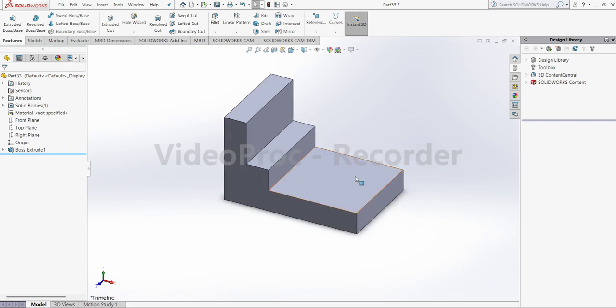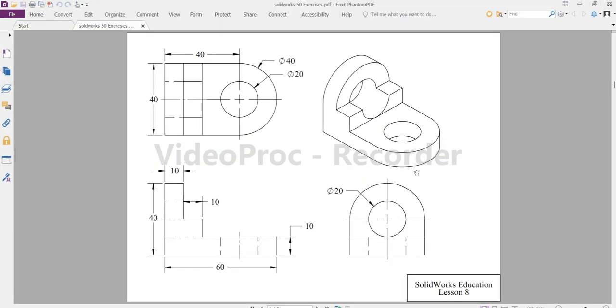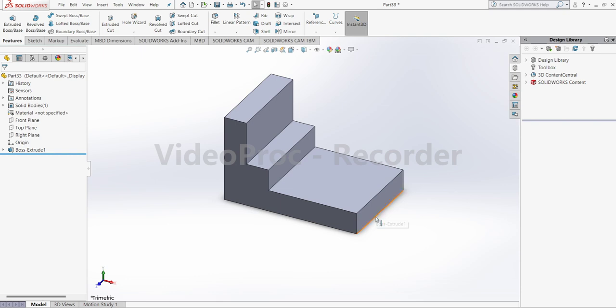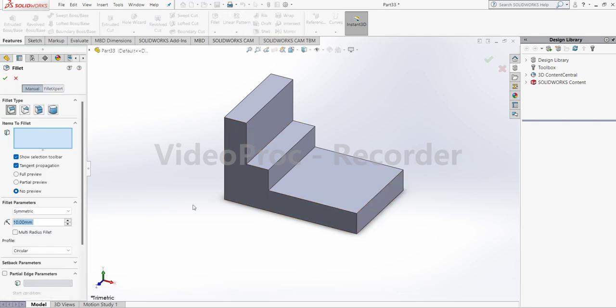Okay, now if you see here, it is a fillet, you can say, of diameter 40, or radius 20. So here this is a 20 radius fillet. Go to fillet, select the radius 20,